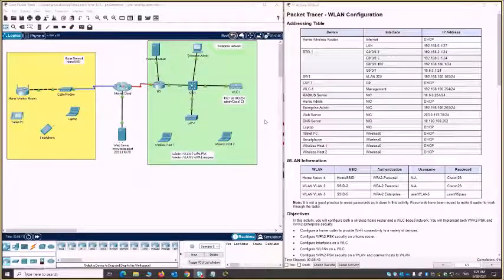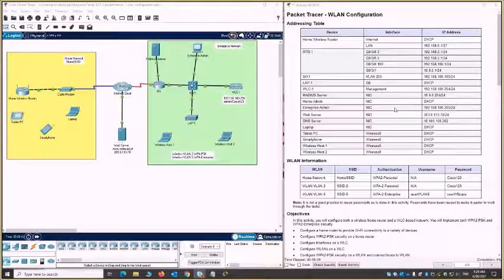And then we've got an enterprise network, with a wireless LAN controller and one lightweight access point, but once you've done the wireless LAN controller, you can have any number that you like. And we're going to create two wireless LANs on the enterprise network, one with a pre-shared key and one with authentication. So in other words, WPA2 Enterprise, I think. Anyway,